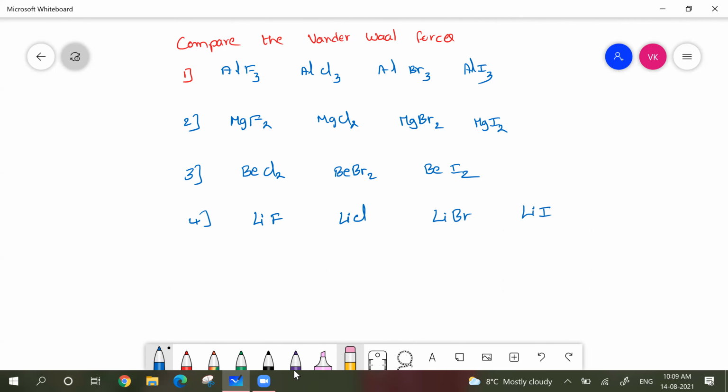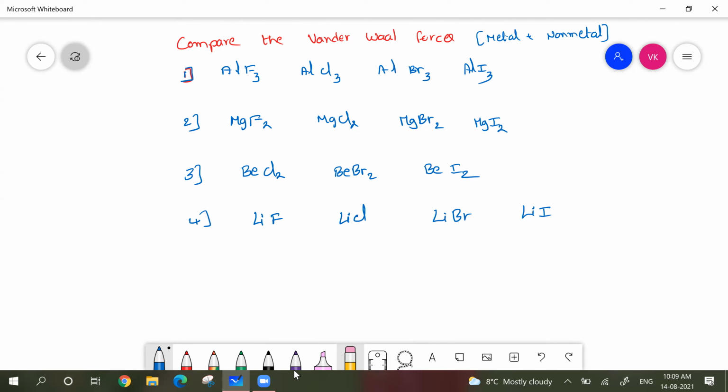Okay. So in these four cases, the combination here is metal plus non-metal. But in the previous examples, whatever we discussed, all are non-metals. Whenever you want to compare between a metal and a non-metal, all are having London forces only, right? So all are neutral molecules, they are having London forces. So the order we can't explain based on the forces. We have to choose atomic weight. Based on the atomic weight, LiI is said to be having stronger forces, and so that will be a wrong assumption. Your answers will be wrong.